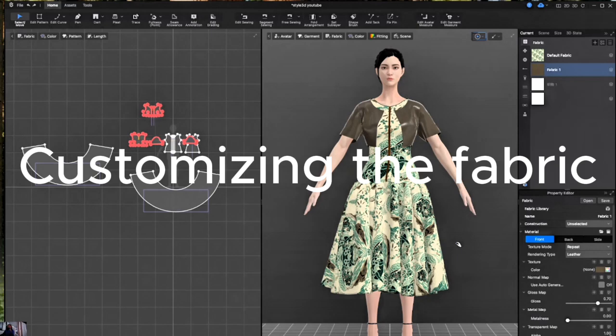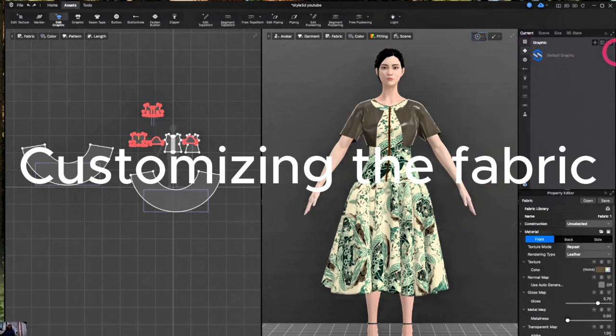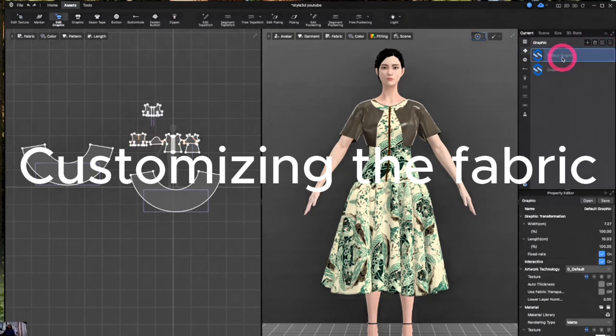So here guys, this is the first part of customizing a fabric that's already within the library here, right? Now let's say I wanted to customize my own fabric and bring my own print directly here. Same thing, I can do that, and it can either be, so once I click on it here,